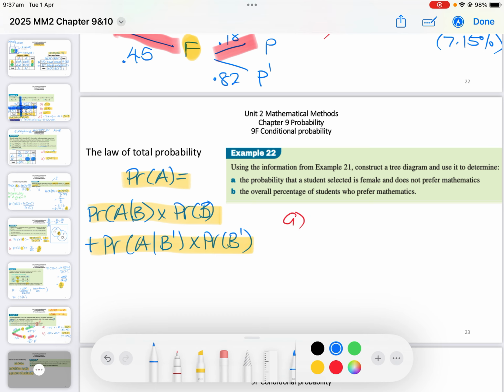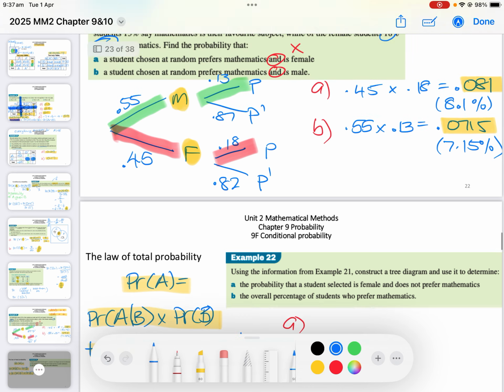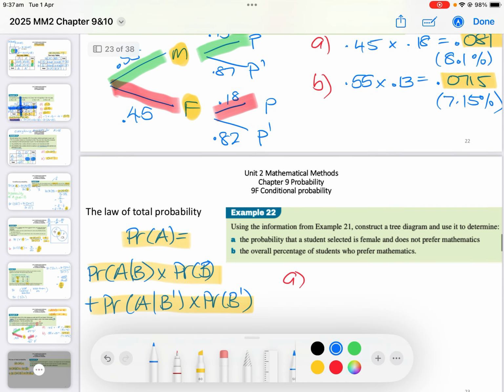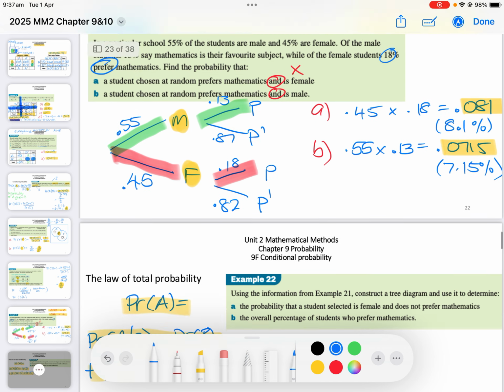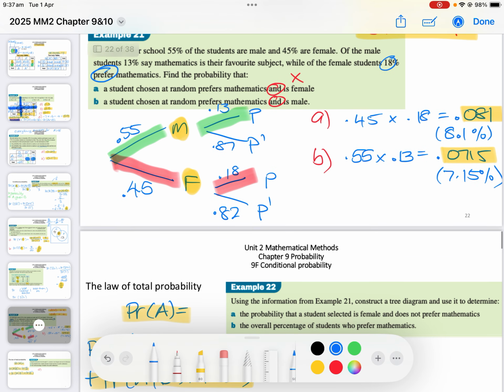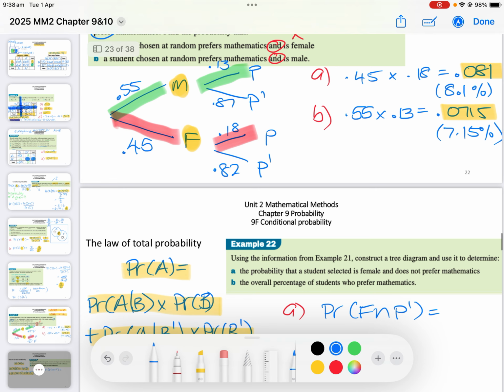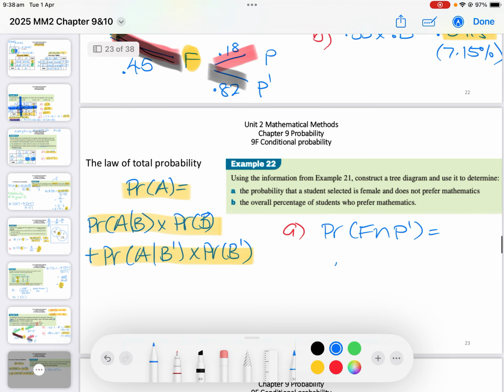So let's look at this one. Using the example from the information for example 21. Construct a tree diagram. Done. And use it to determine the probability the student selected is female and does not prefer mathematics. Look, I would just go female and does not prefer and just use the tree diagram, because if we do female and does not prefer, it's 0.45 times 0.82